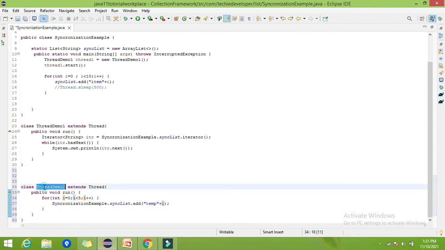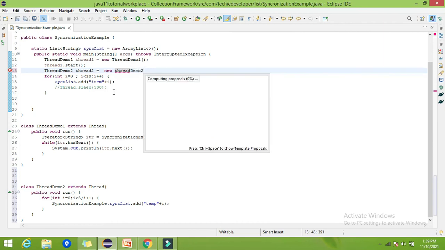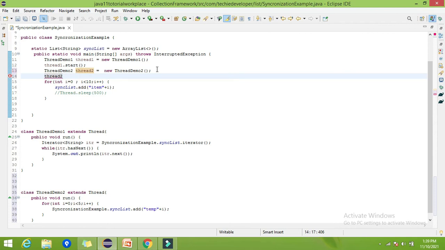Now let's create the object of ThreadDemo2 also. ThreadDemo2, let's give the name as thread2 is equal to new ThreadDemo2. That's it. And now let's start thread2. Now let's try to run this.